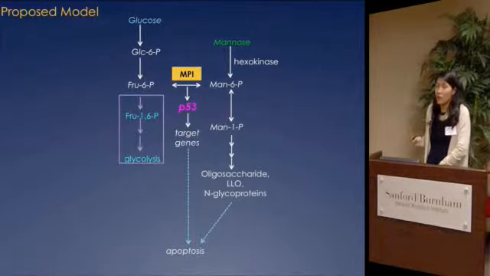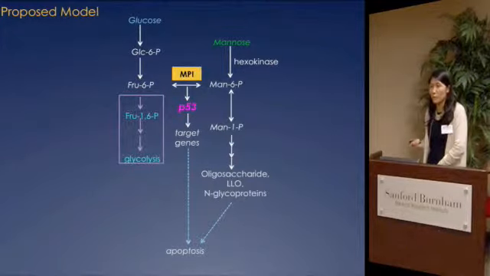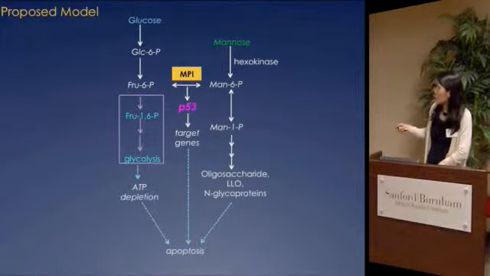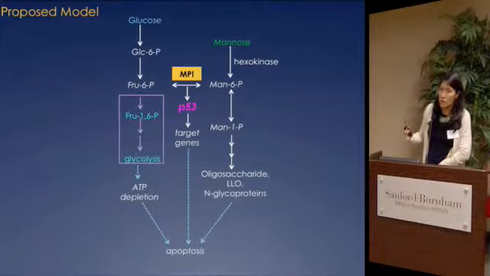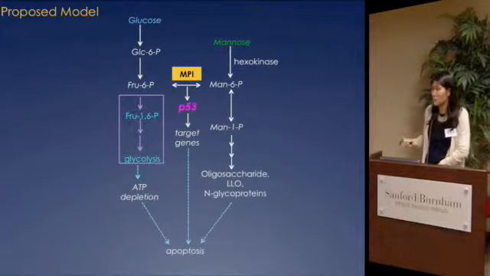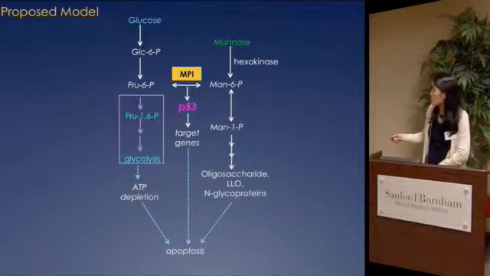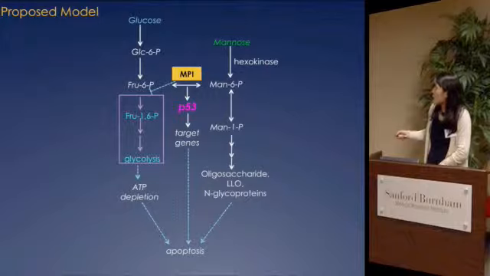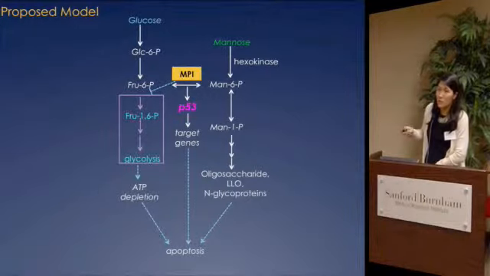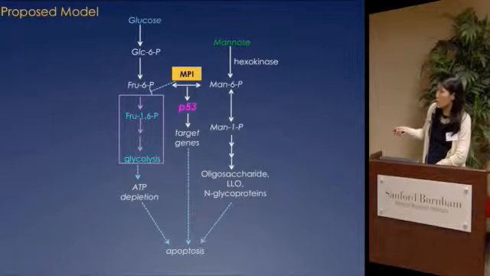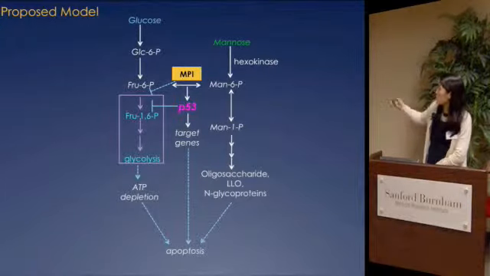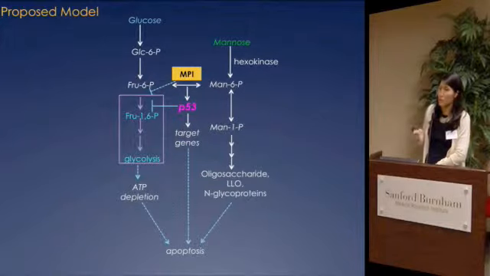But really, this downregulation of glycolysis seems really important to this model, in that we think that if you have downregulation of glycolysis, you're not able to make the energy that the organism needs. You have ATP depletion, which then leads to the apoptosis. This downregulation of glycolysis may be mediated specifically by MPI, or we know there's a lot of evidence that P53 downregulates glycolysis, and with this arrow here, we have new evidence that it may be bidirectional, that MPI and P53 may be directly interacting with each other.